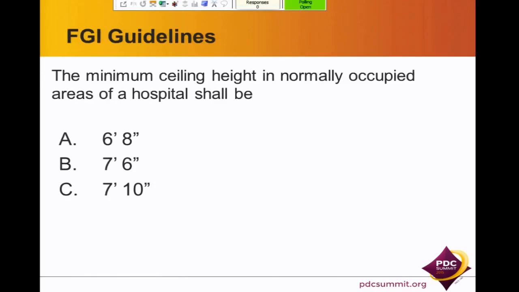Okay, FGI. The minimum ceiling height required in a normally occupied area of a hospital shall be